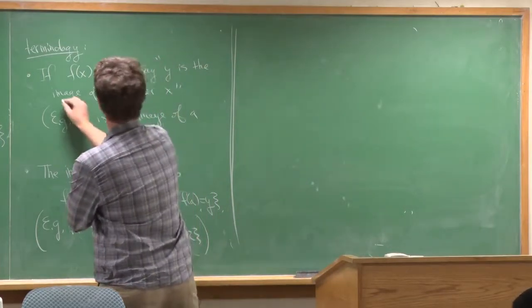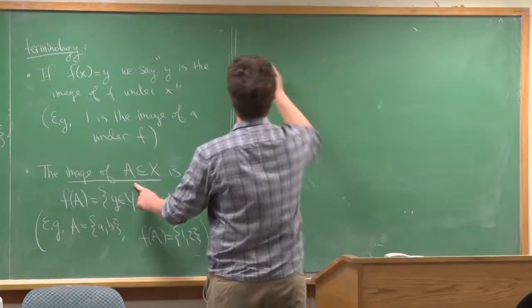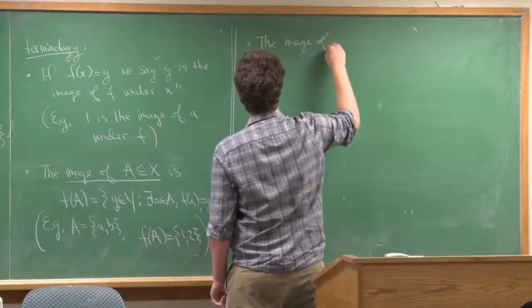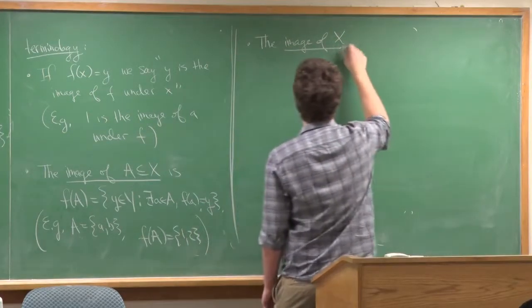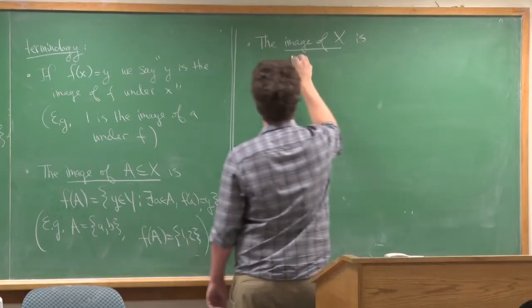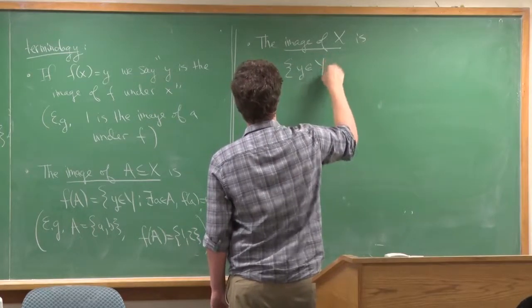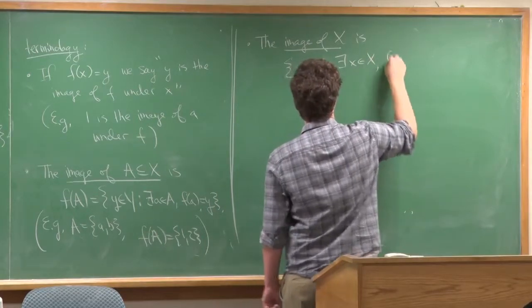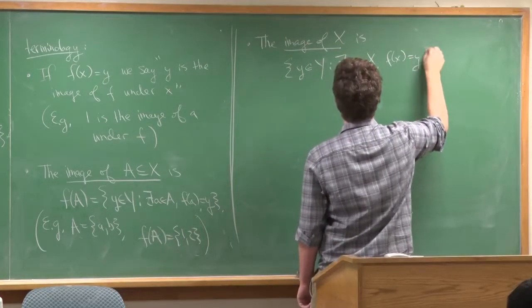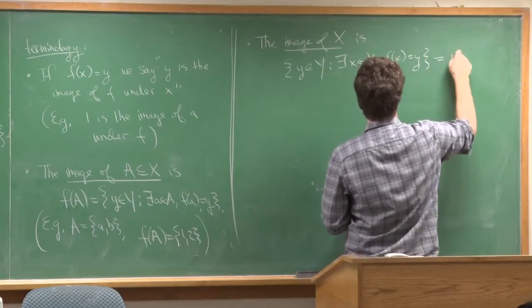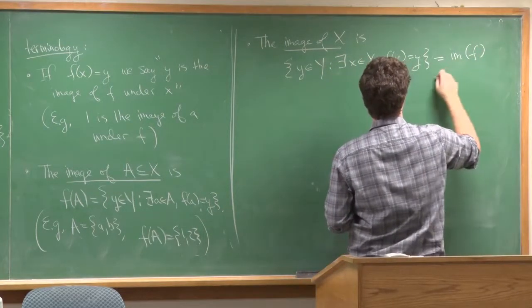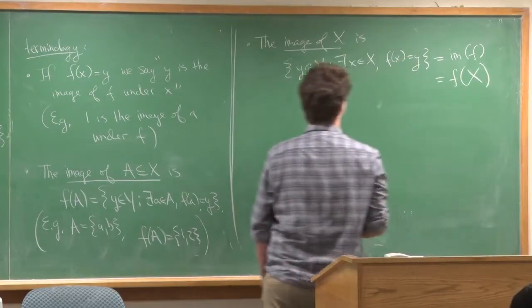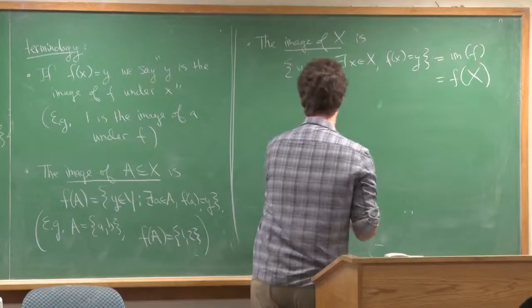So we have the image of A. So the image of X here is the set of y in Y such that there exists an x in X such that f of x is equal to y. The notation for this is Im of f, or sometimes we call this f of big X. Okay? Okay, and so for our example,